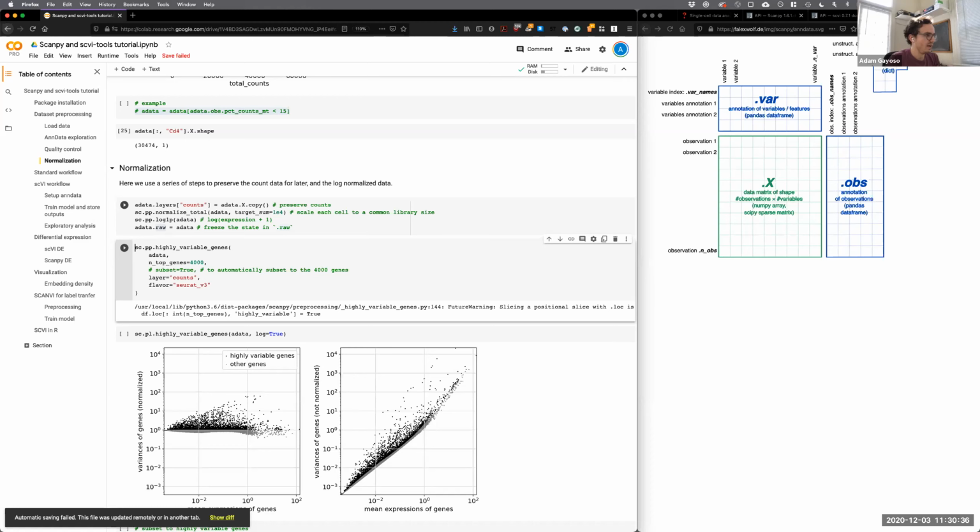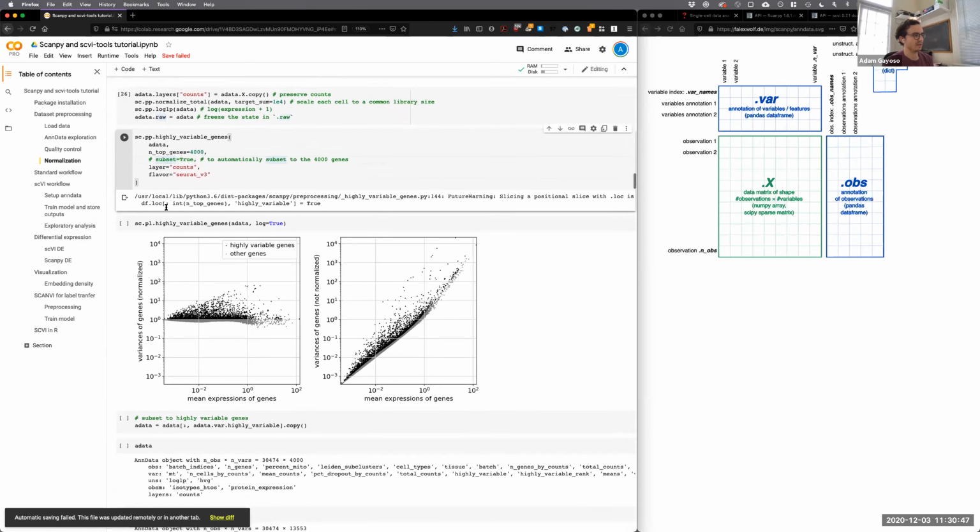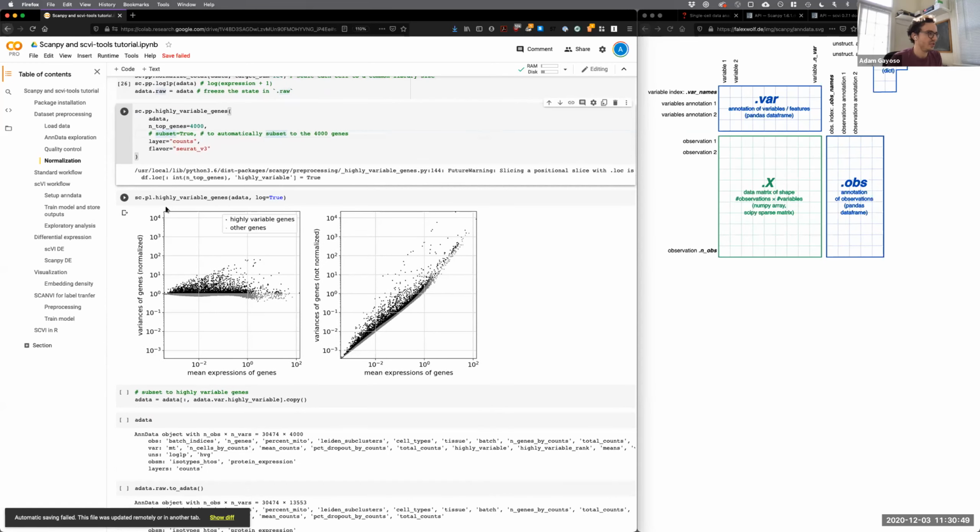And now I have log normalized data in X as well as raw. So it's actually in two places. The next thing I'll do is highly variable gene selection. So the idea of gene selection is that I want to learn